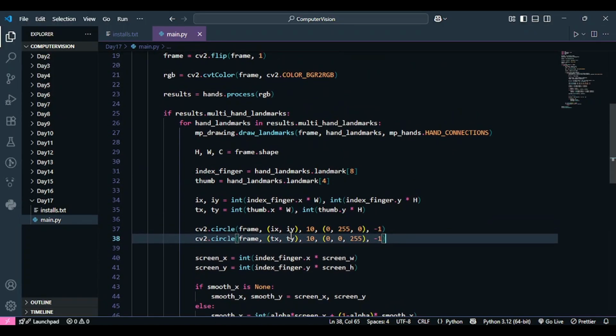Now that I've explained the code briefly to you guys, let's move to our scroll feature. So let's first see the steps that we are going to do to achieve that effect. The first thing that we have to do is to detect the wrist, since our wrist is the part that is going to control our scroll effect. When I move my wrist up, it's going to scroll up, and when I move my wrist down, it's going to scroll down. So just like I have detected my index finger and my thumb, it's important that I detect my wrist as well. I save that in a variable as well so that I can use it later on.